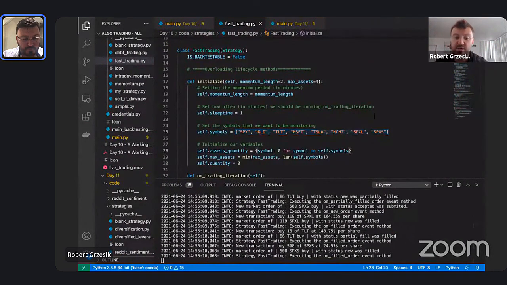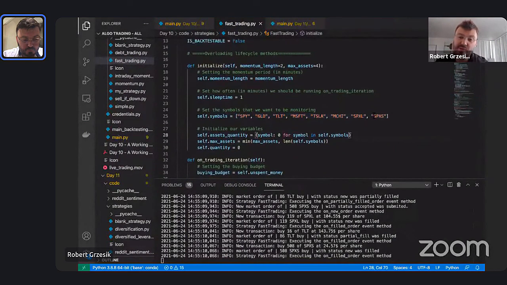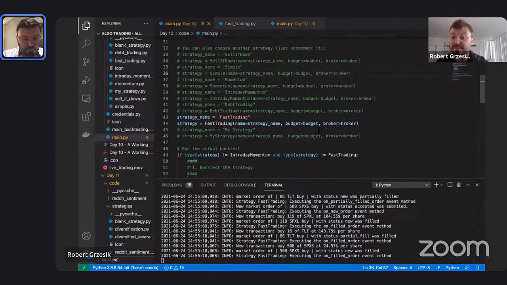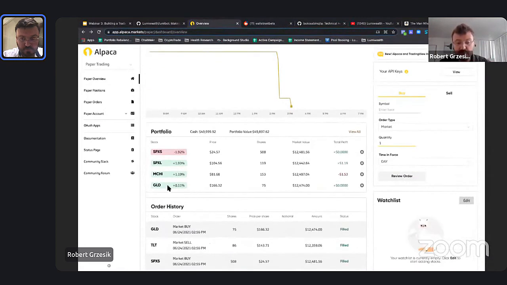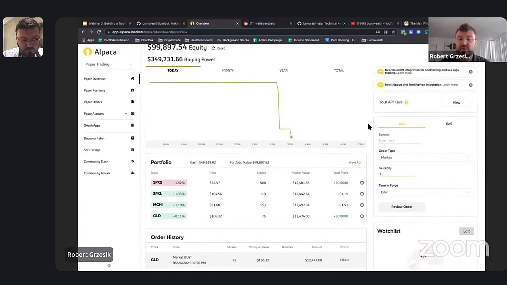We're looking at all those symbols and basically saying which one has done the best over the past 1 minute, right? And whichever one did the best, has had the best momentum, it keeps the top four, okay? And it'll keep swapping them up. So if we watch this here, we see the top four we have right now is TLT, XBXS, XBXL, and MCHI. Those are the best over 1 minute. You see that just swapped. We just bought some gold. So it sold TLT and bought gold. Okay? And if we leave this running, you'll see basically it'll do this all day long, right?